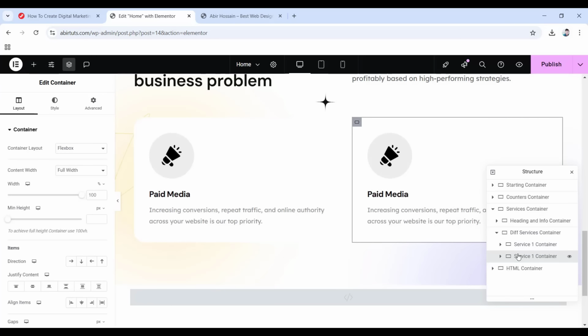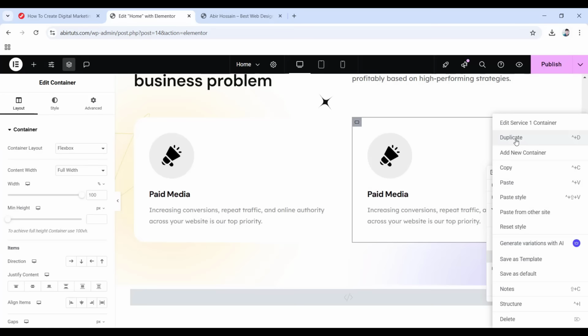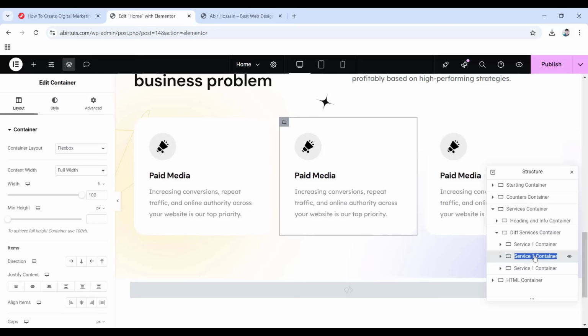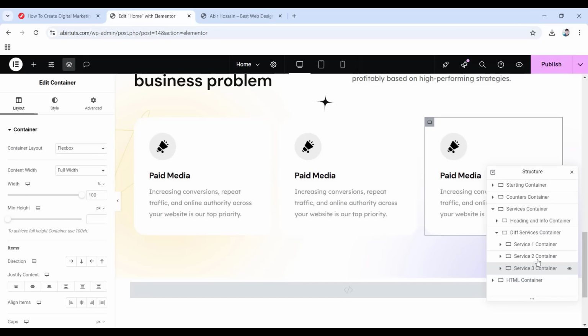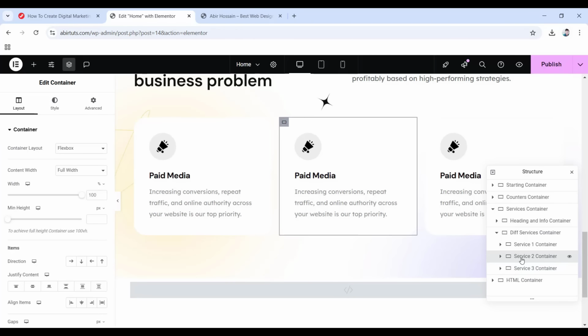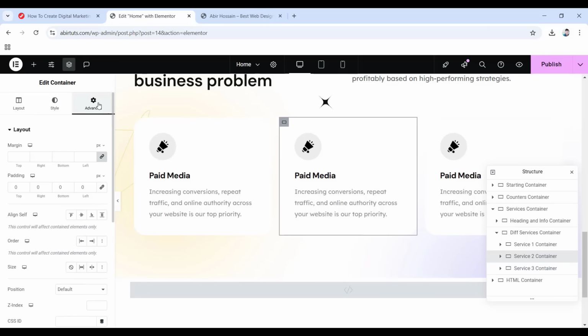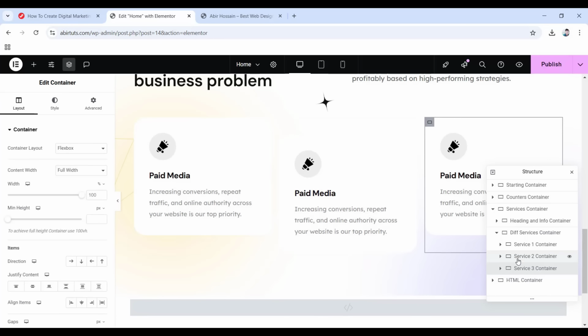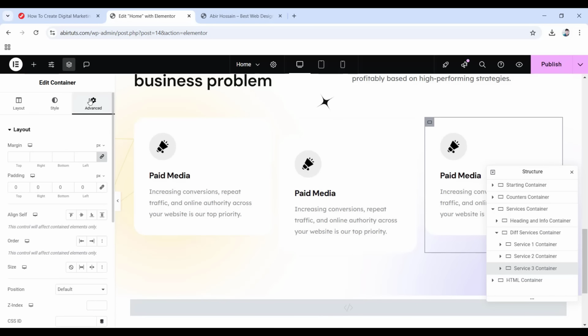then duplicate it again. There you go. Now what I'm going to do is choose this container. Let's rename it as service 2 container, and then this one to service 3 container. Now choose the second container here, this one. Go to its advanced tab, and for padding, only set the top padding to 45 pixels. Then choose the third one, and again from advanced tab, change its top padding, but this time make it 90